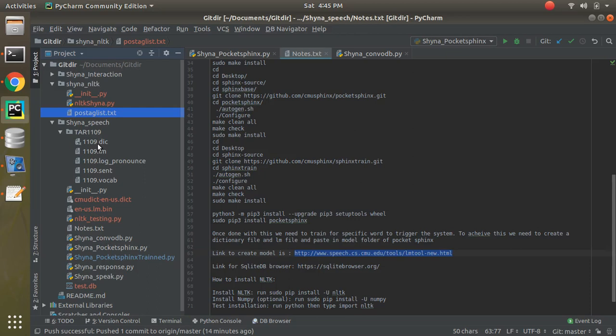So virtual environment is not my thing to worry about. What I'm going to do is put these files in the default model that we have for Pocket Sphinx. So what will happen is,